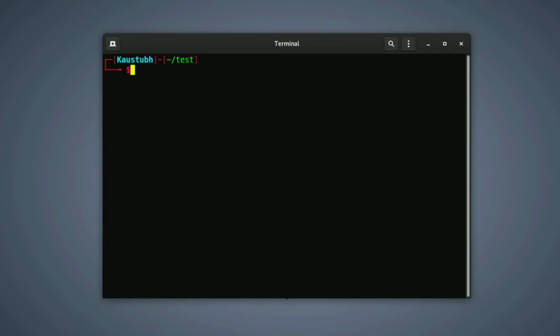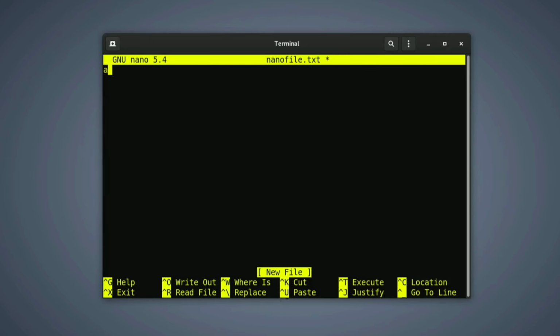To create a file, just type nano and give the name nanofile.txt, hit enter. Now you can edit your file here. Just add any text, like this is using nano text editor.